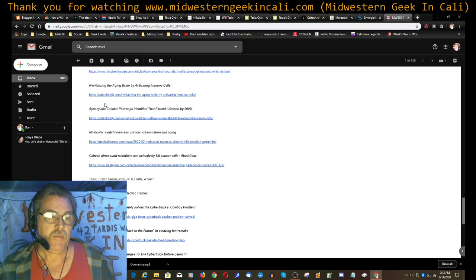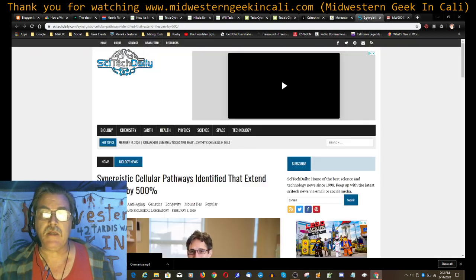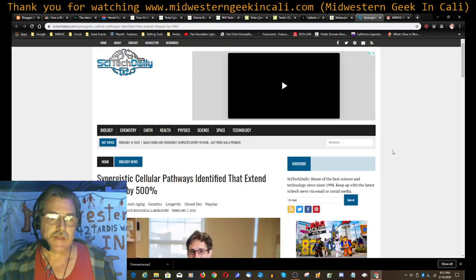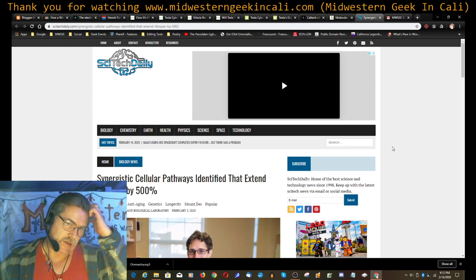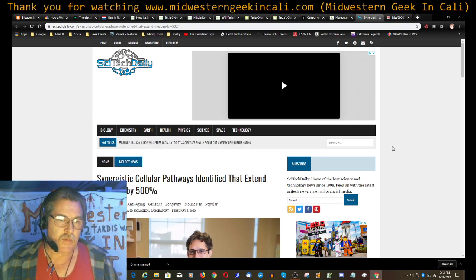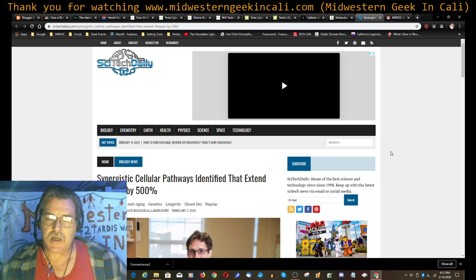And here we go. Synergistic cellular pathways identified that extend lifespan by 500%. This is interesting. It's been tried in, I want to say it was in some type of bacterium that they discovered this in.